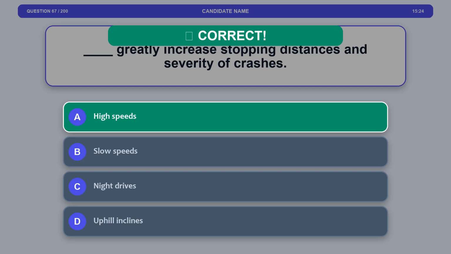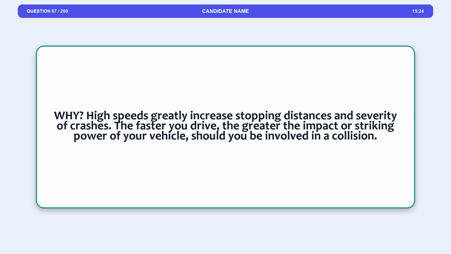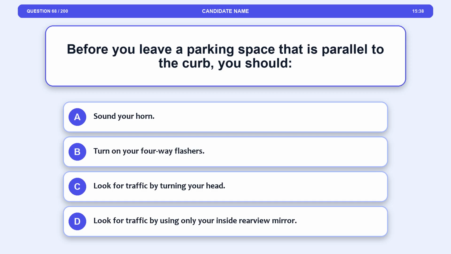The correct answer is option A, high speeds. Explanation. High speeds greatly increase stopping distances and severity of crashes. The faster you drive, the greater the impact or striking power of your vehicle should you be involved in a collision. Question 68. Before you leave a parking space that is parallel to the curb, you should, option A, sound